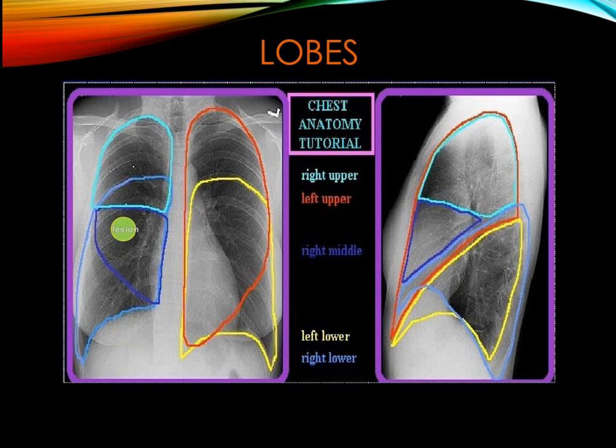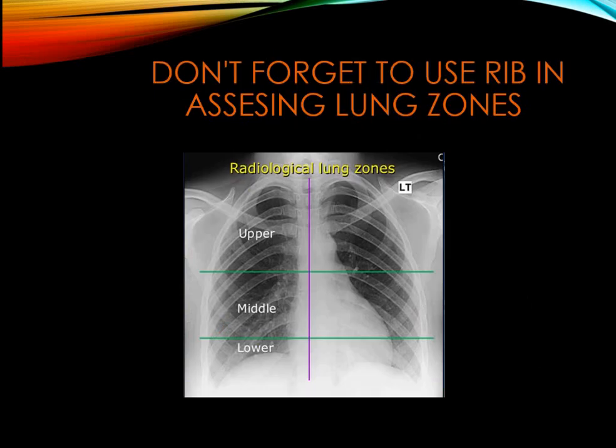If we have a lesion, this rounded green lesion, and we want to locate it to a certain part of the lung, we cannot say from the PA x-ray whether this lesion is in the right middle lobe or in the right lower lobe. So the radiologist finds a way to describe the position of lesions in the lung by drawing imaginary lines